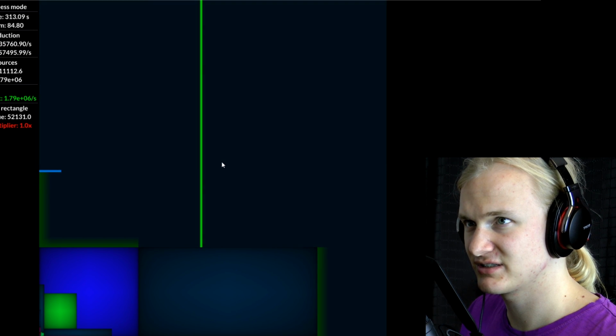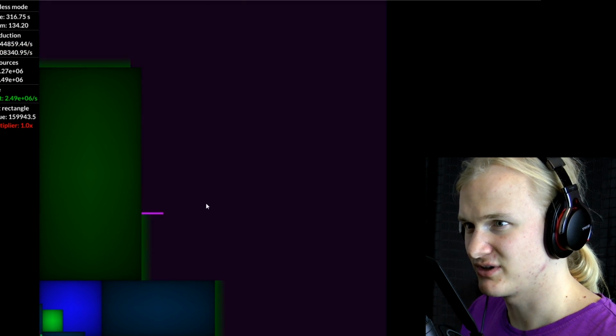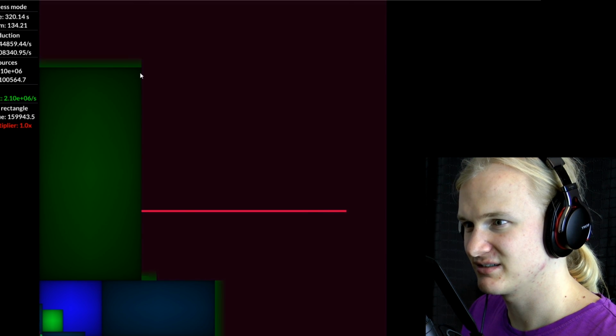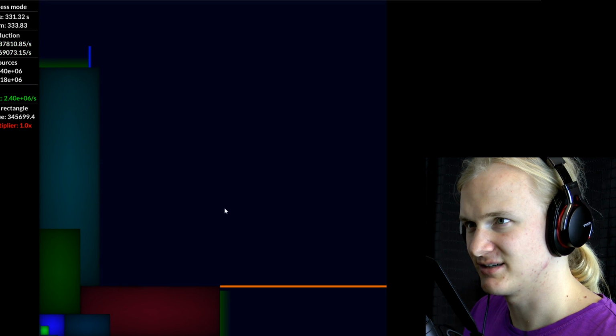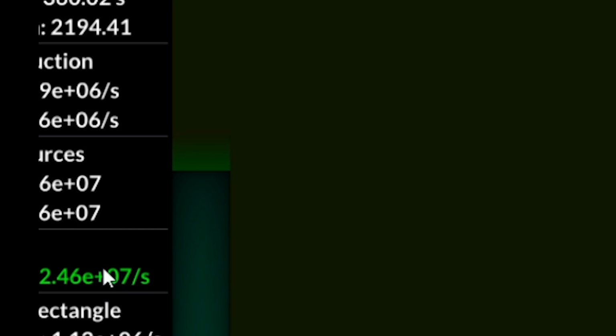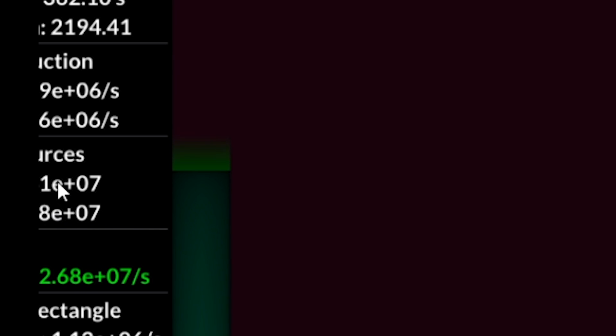If that just runs out of the screen, it shouldn't turn into a rectangle. That makes it a bit too easy. But in general, it's a very interesting concept. I'm very intrigued by this. And now the numbers are starting to get really, really high.